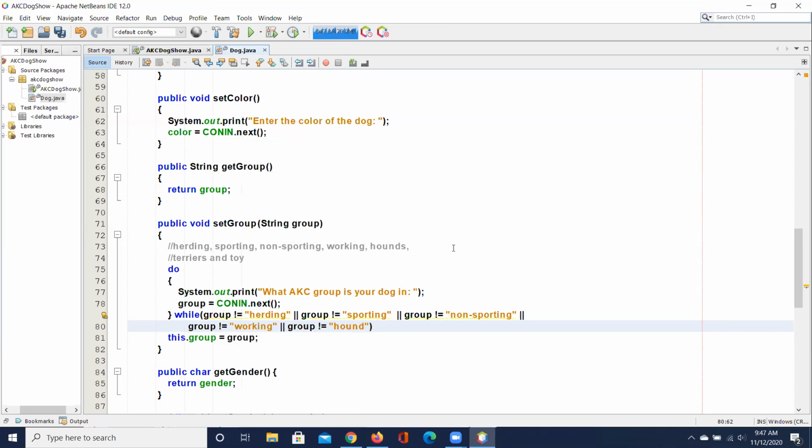Would this still work if they put in a capital letter for the first letter? Oh, you know what? I can fix that in a minute. I think. Let's see. We'll fix that. But you're right. We need to make it more user-friendly, don't we? I'm making these single versus